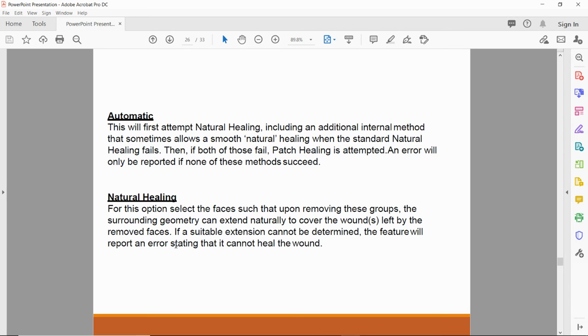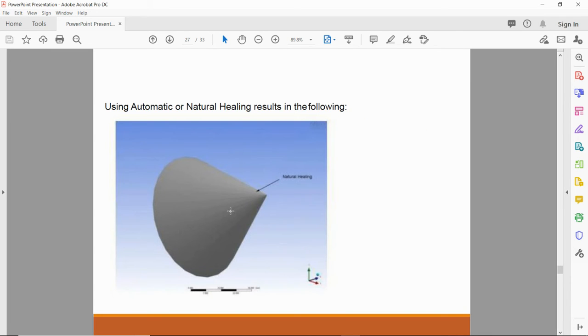If a suitable extension cannot be determined, the feature will report an error stating that it cannot be healed. So in natural healing, it will consider the remaining faces. You can see here how it works.